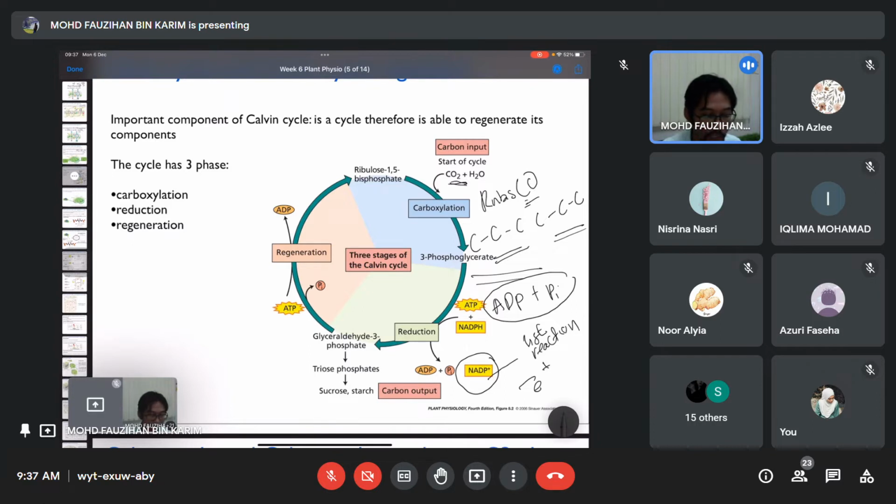So during the reduction process, ATP will be broken down, becomes ADP and inorganic phosphate, and energy is released. So this energy released will be used to energize the reduction process. Okay, so ADP and inorganic phosphate will go back to be substrate again to produce another set